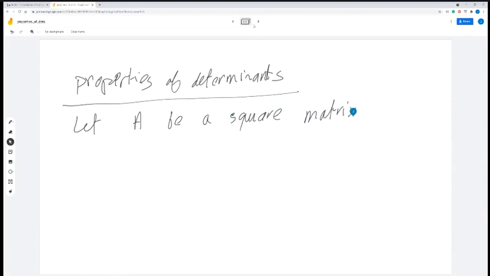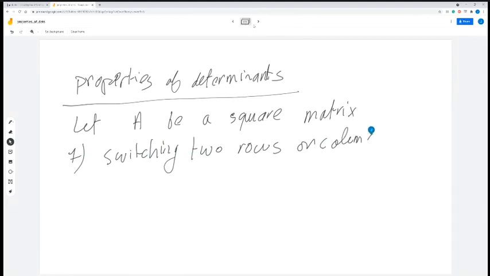Then the first property: switching two rows or columns changes the sign